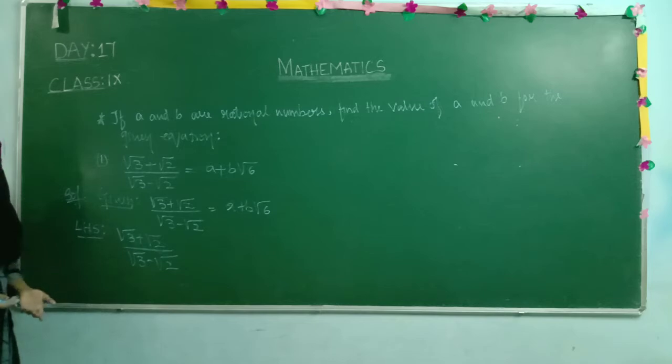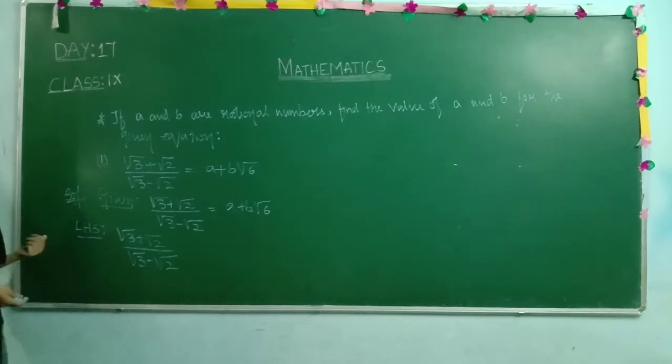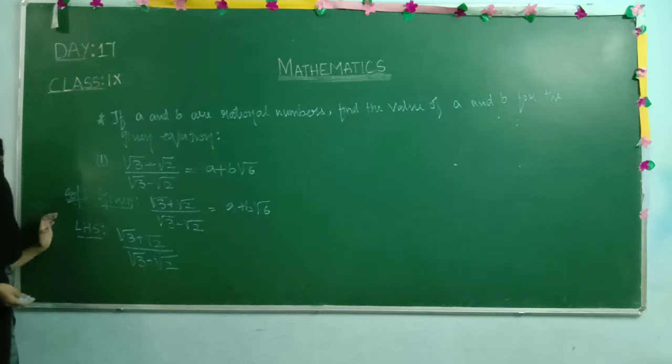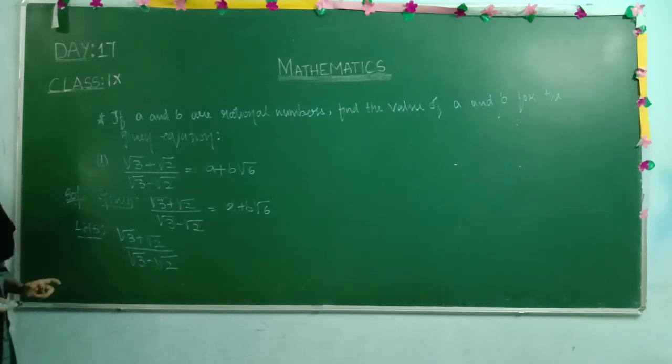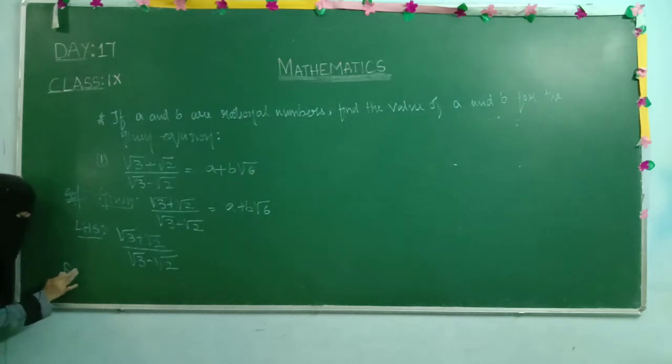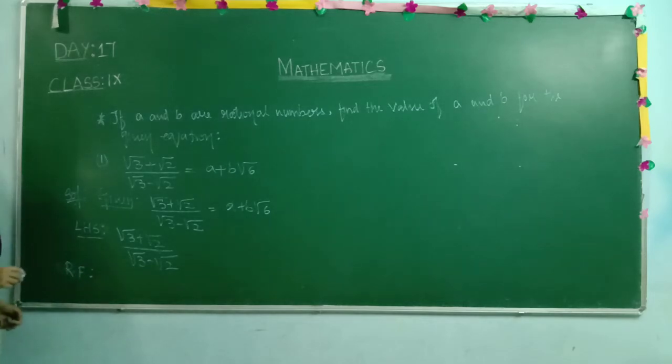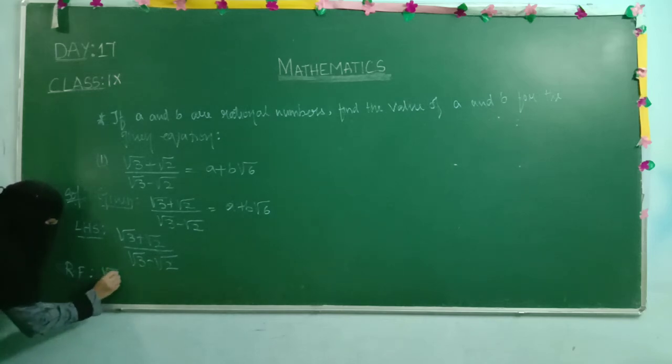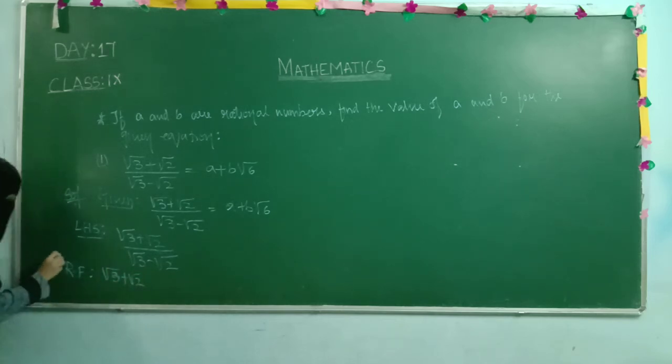This is the way of solving the problem. So first we have taken the given values, whatever is given in the question, then after that the LHS part. As soon as we have taken the LHS part, the idea that clicks in our mind is that here we need to follow the rationalization process. So for rationalizing the denominator, we need to take the rationalizing factor. So here first I will take the rationalizing factor, RF, where RF stands for rationalizing factor. So how did I tell you to take the rationalizing factor? Exactly, we just need to change the sign. Here it is given minus, so we have to take plus. So the rationalizing factor is root 3 plus root 2.